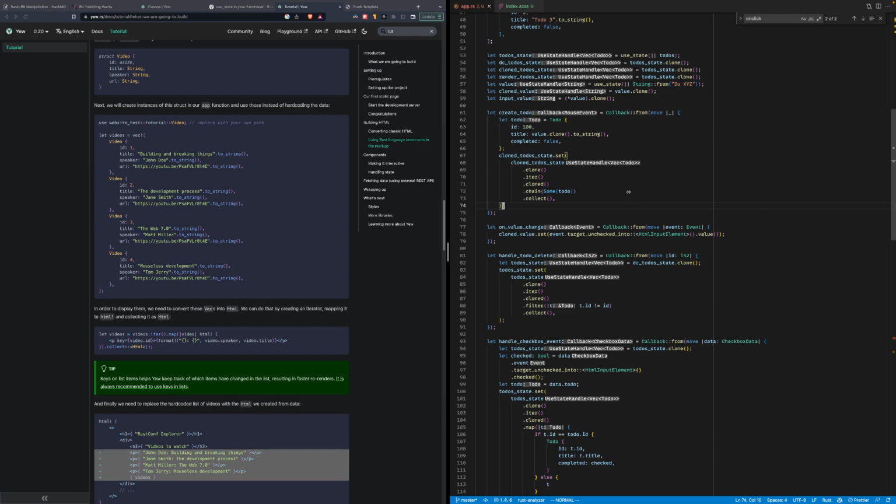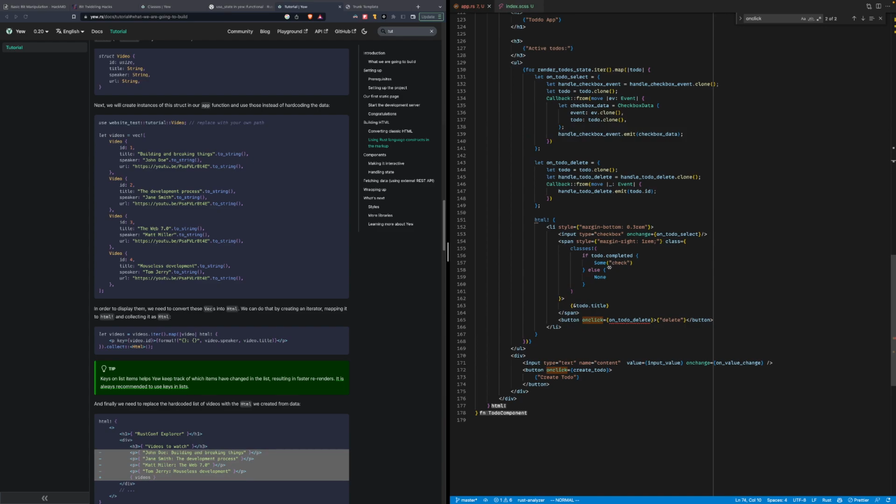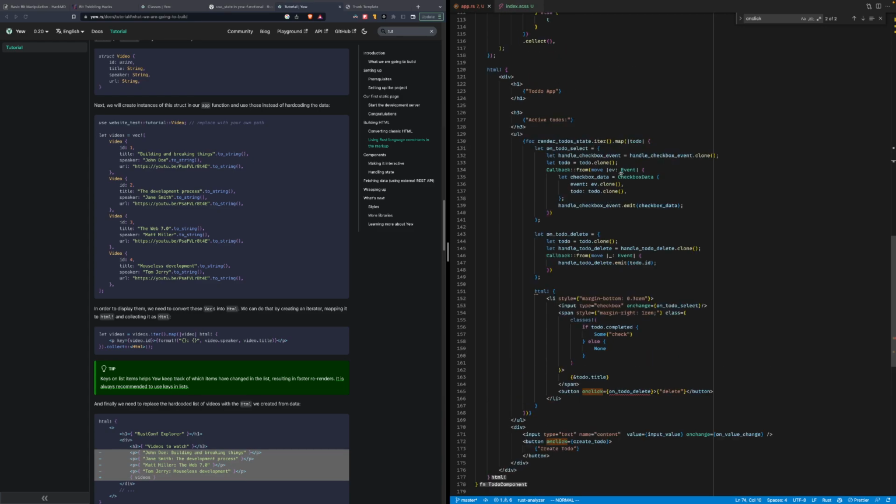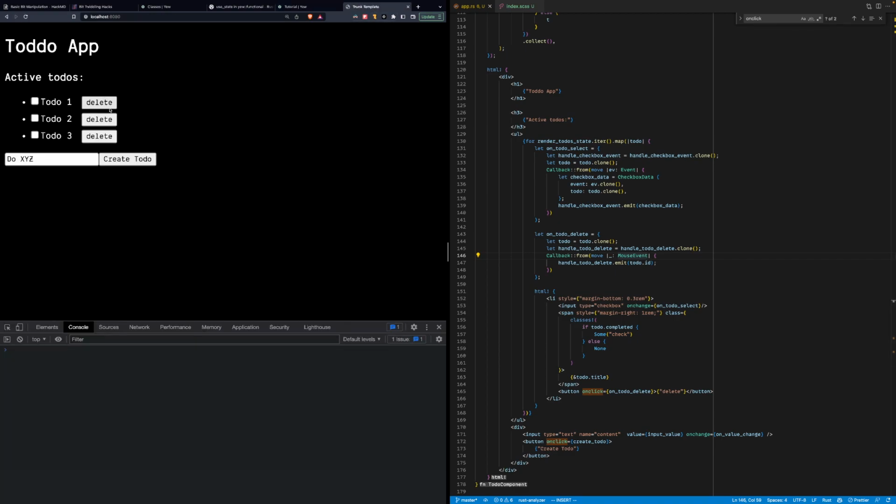Oh, is that the issue? Callback of mouse event. But I think, oh, is that the reason? I'm not sure. Let's see. Can I do mouse event now? Here. Oh, it worked. Okay. So, which means I can delete. Oh, this is perfect. Wow, wonderful.